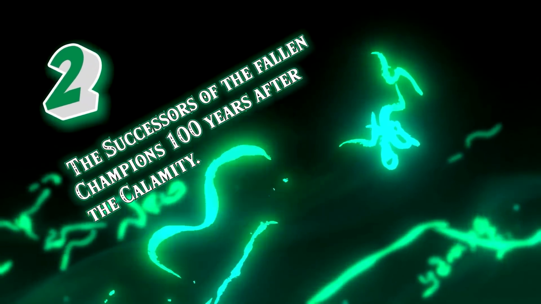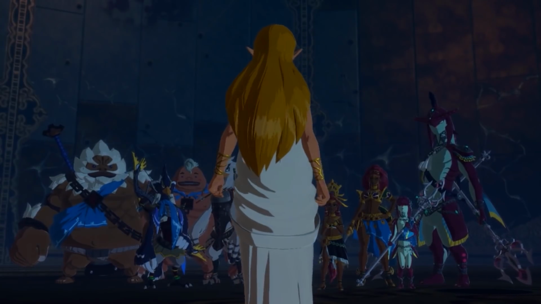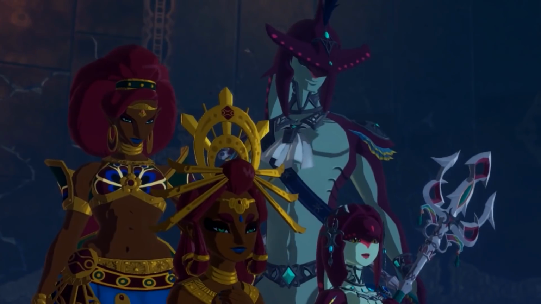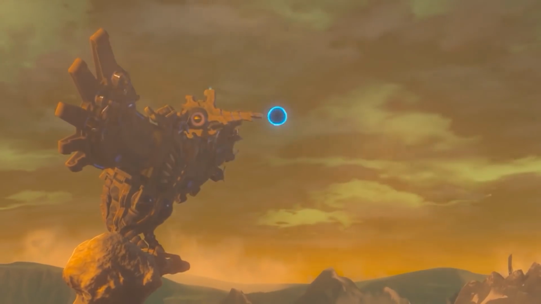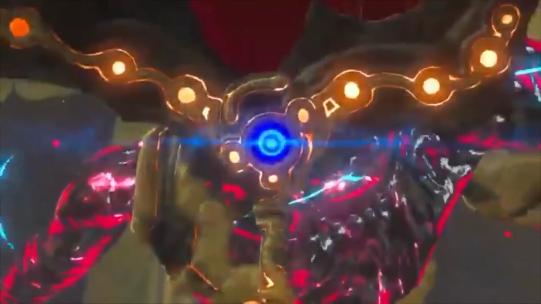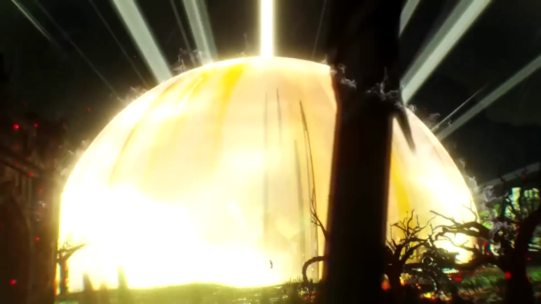Number 2. The successors of the fallen champions 100 years after the calamity, or more specifically the successors of the champions in the world of ruin who fought in Terrako's world after Link freed the divine beasts in Breath of the Wild. To keep this entry simple, let's take it in the order that it follows. The champions are killed by the blights in the world of ruin. Link ends up in the Shrine of Resurrection, and for the next century, Zelda fights to hold back Calamity Ganon, and